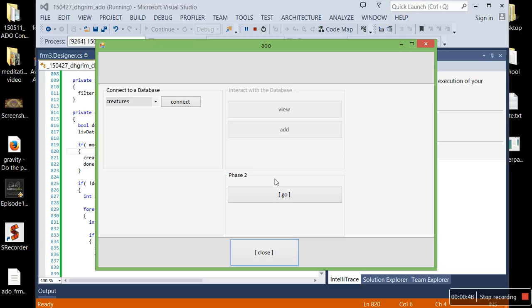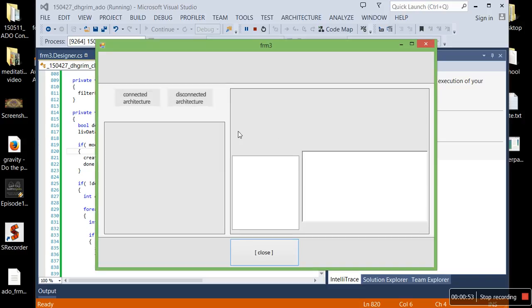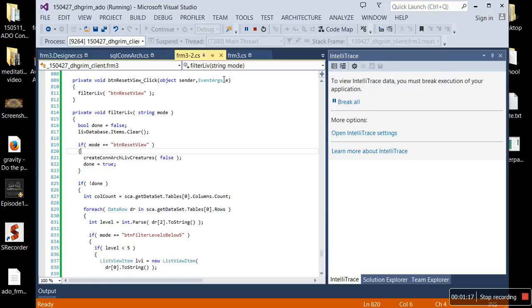So here's my main form. I'll go to phase 2. And for connected architecture, that's what I used to do the SQL stuff. And this will open up a menu when I click it. And I'll do connect. And there I'm connected. And in that button click, what's happening is